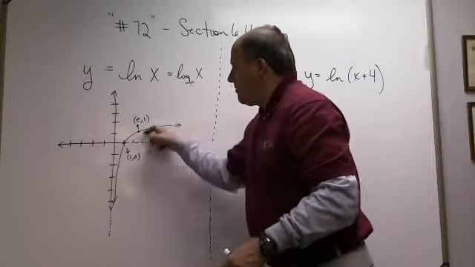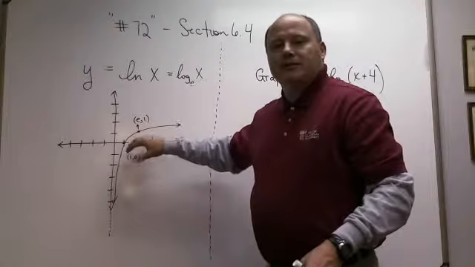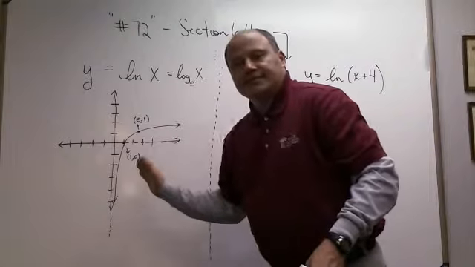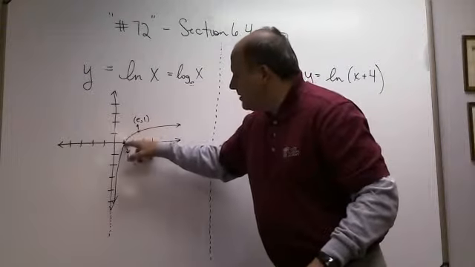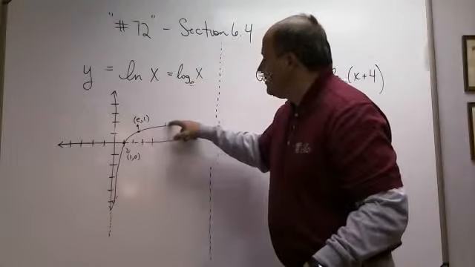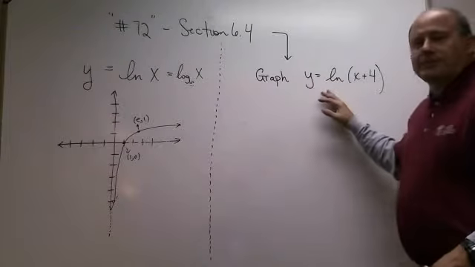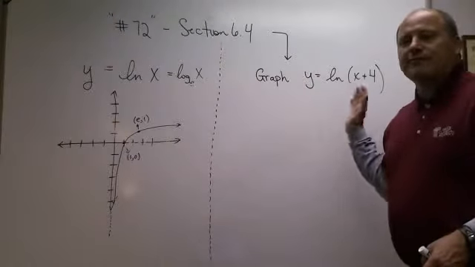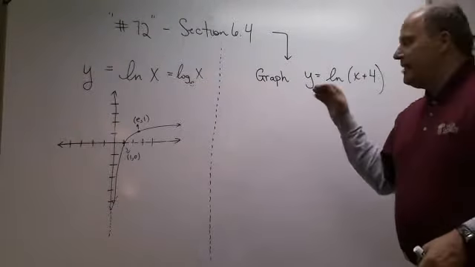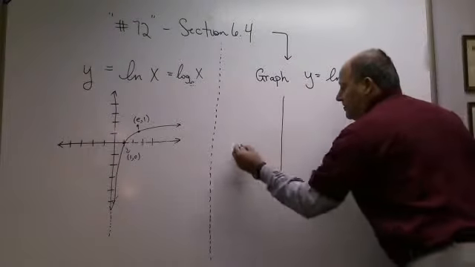And you graph those points with a curve, and remember that the domain of a basic logarithmic function is anything that's positive. So there is a vertical asymptote on the y-axis. If you put this together with this, and then there's a vertical asymptote there, then it looks like this shape. Okay. Now on problem 72, I am trying to graph this one. So this is just a basic transformation, 4 units back this way. So you take every one of your points and you go back 4 units to the left. So you get your graph,